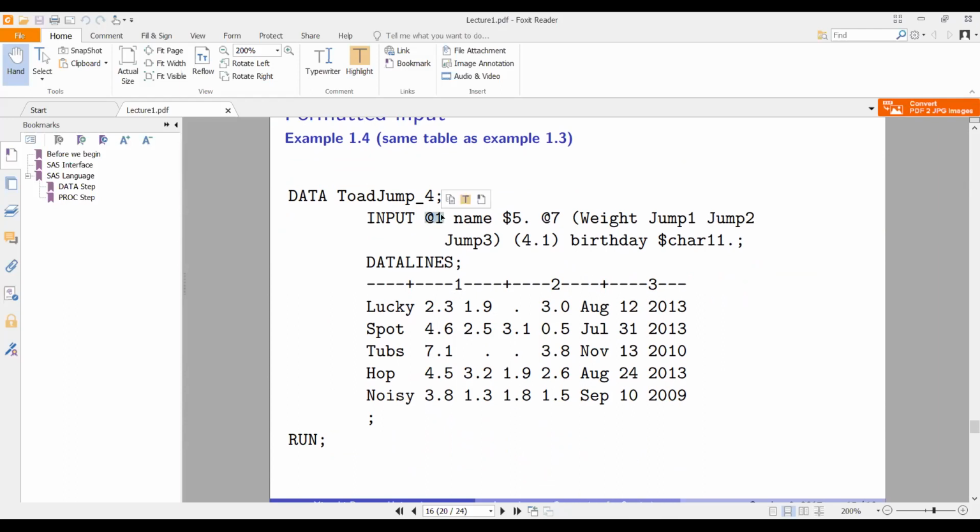Here, the @1 means the name variable will start from the first column, and the $5. with a decimal point after the dollar sign indicates that the first variable name will take up 5 places, 5 columns. And the @7 here means all the 4 variables will start at the 7th column here,